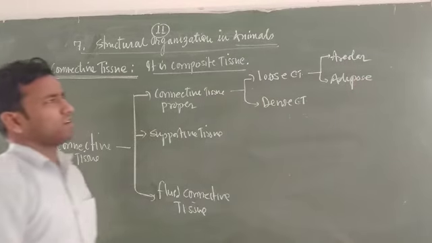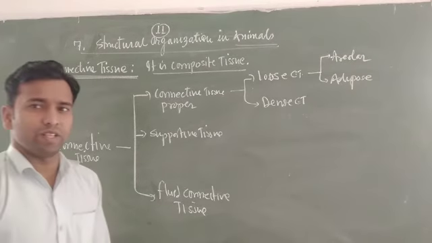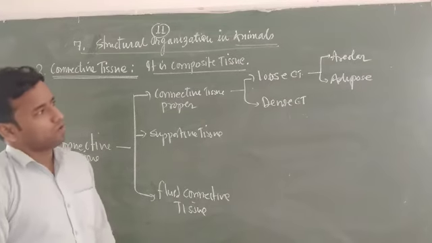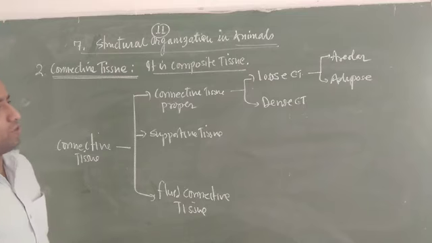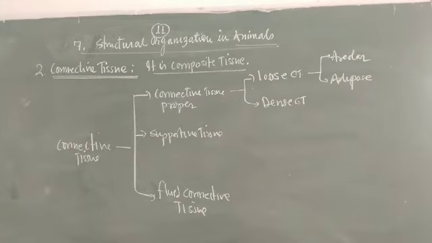Adipose category. What is their location? You know that areolar tissue is found in the dermis and subcutaneous regions, and adipose tissue is also found at the base of the dermis region, which helps in the accumulation of fat. This is the adipose tissue. Now the second is